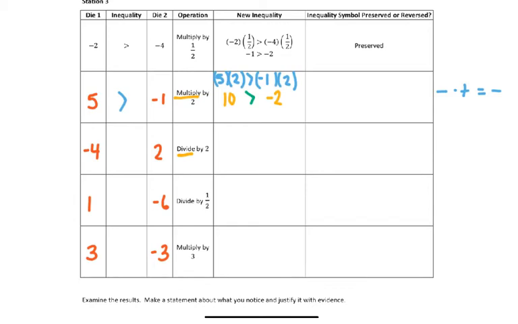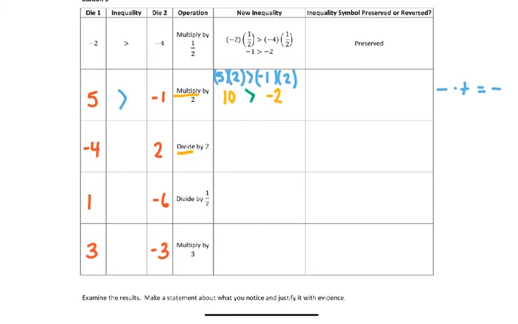So if I come over here, it asks me, is my inequality symbol preserved or reversed? My inequality symbol was preserved. It stayed the same. Let's look at 3 more problems that are either multiplying or dividing to understand, does it matter if we multiply or divide by a number, a positive number to be exact, and it will either change or preserve our inequality symbol. So if I'm looking at negative